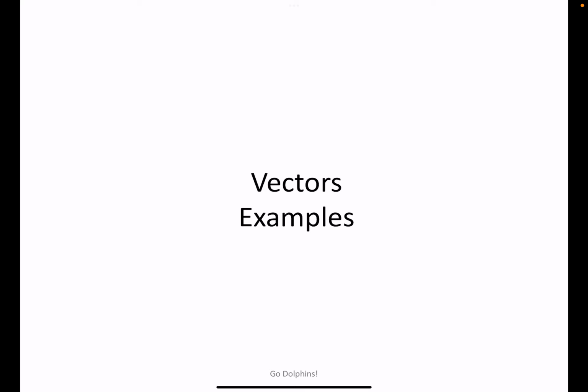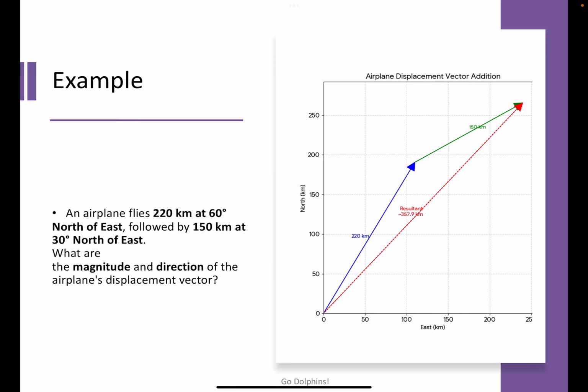So the concept of a vector might be a little bit challenging and confusing at the beginning. So I think it's very good we work at least a couple of examples to help us understand how it works. Look at this first example. We have an airplane